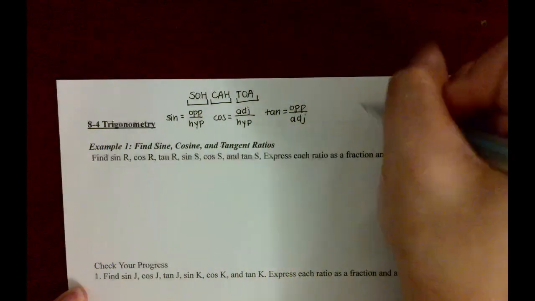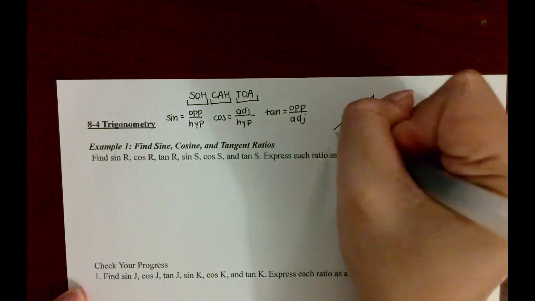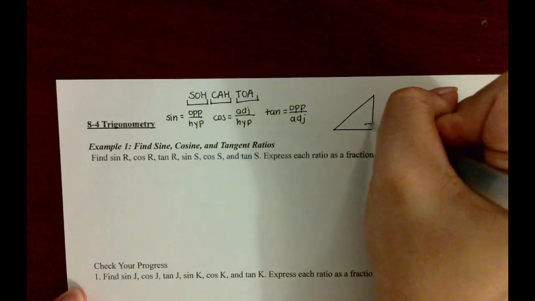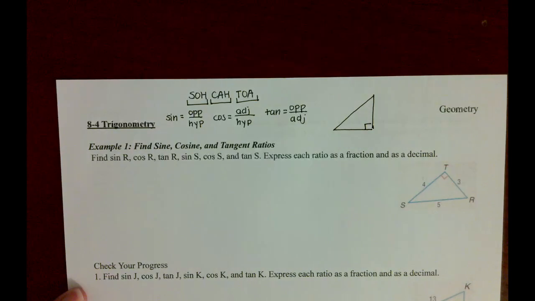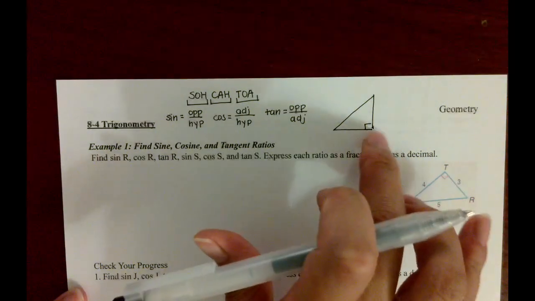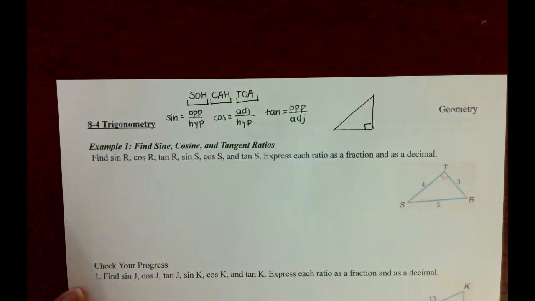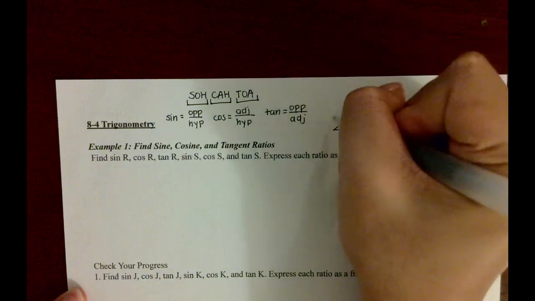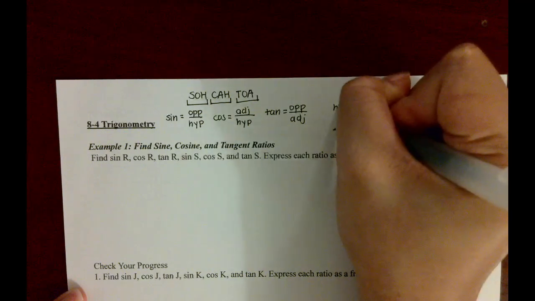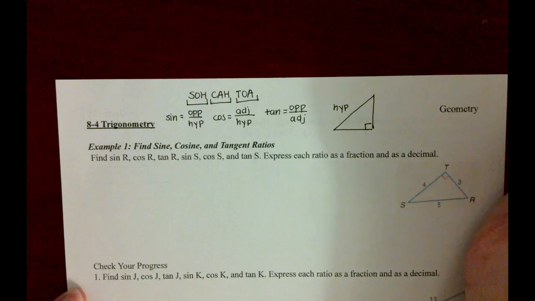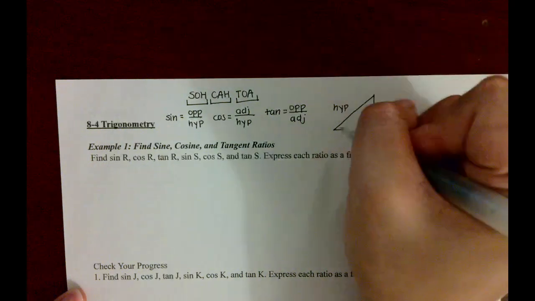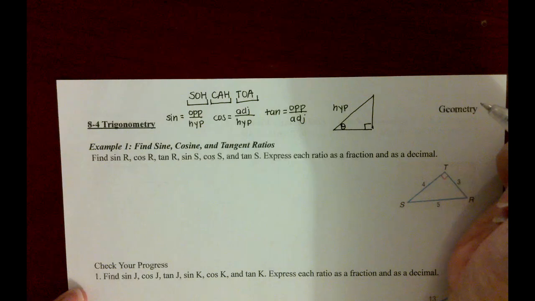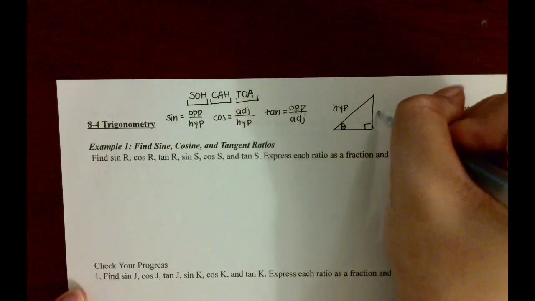So when we're using trig, we have our right triangle, and it will be sine of some degree measure, right? So here, you can never have sine, cosine, and tangent of your 90 degrees when we're talking about it in this way, because then you won't have your hypotenuse. The reason why is because your hypotenuse is always going to be the side that's across from your right angle. So if this is the angle that I'm talking about, the side opposite to the angle is